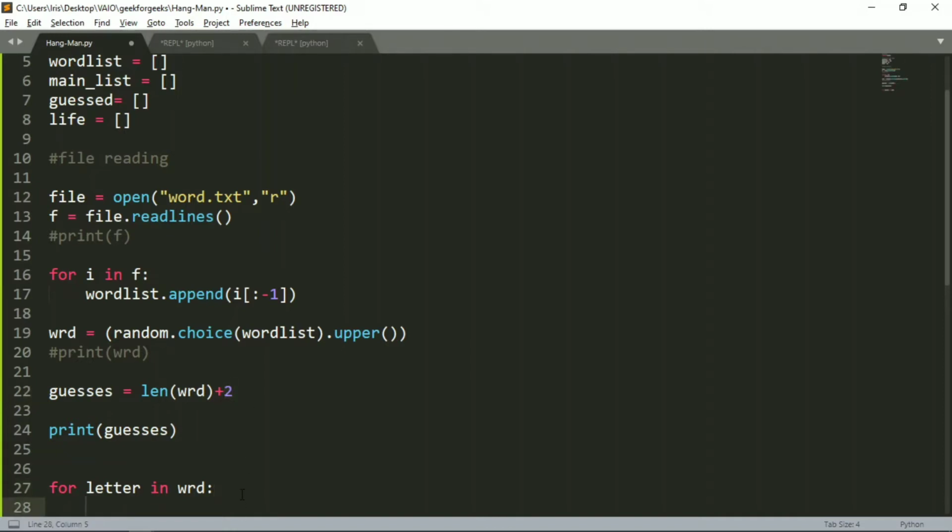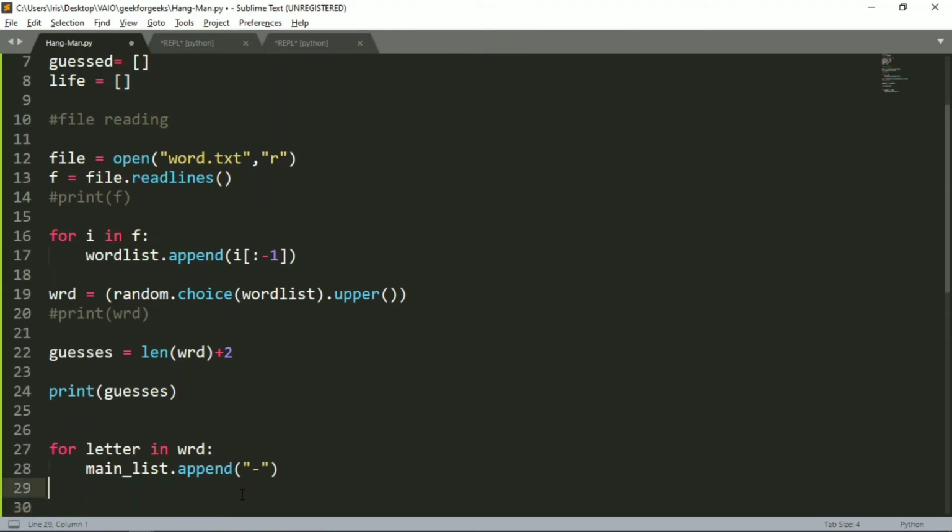So I will say for letter in guesses, guess list dot append, and I will append a dash for each of the items present. That is it, and now we will print this list to see what the output is.